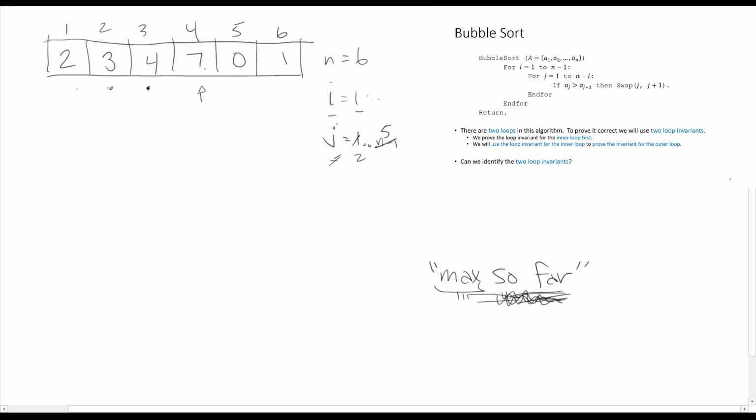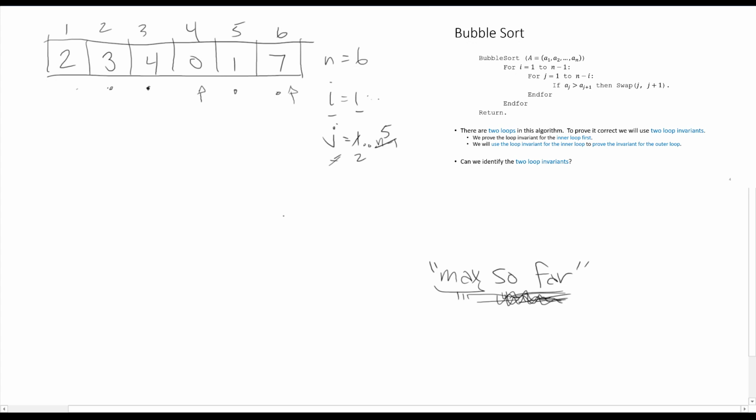Okay, let's just go the next few steps because I want to see what happens at the end of all my j's when I get to 5. So let's do the next 2 steps a little bit quicker. First, 7 is greater than 0, so they'll swap. But then it's also greater than 1, so we'll swap there as well. So after all those steps, the 7 ended up here. Now,